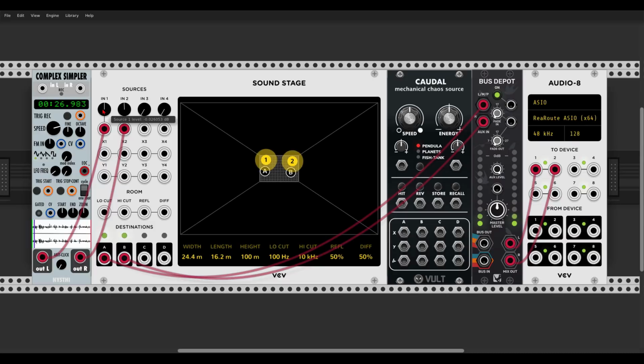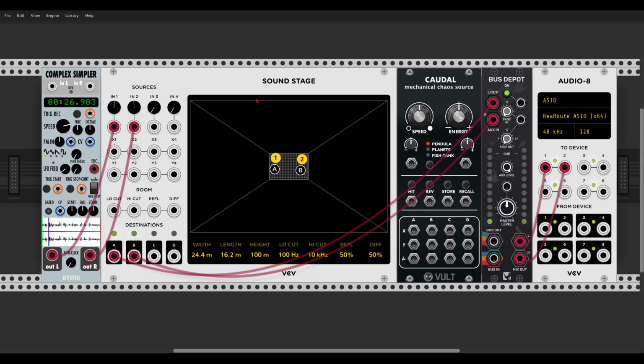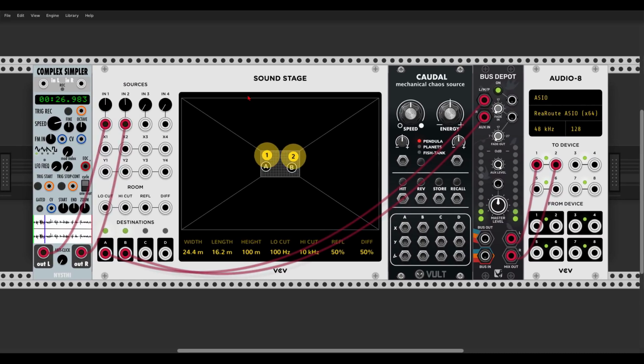So we have 3D control over the type of the room, which is quite cool. We can also add filtering, so here we have low cut,